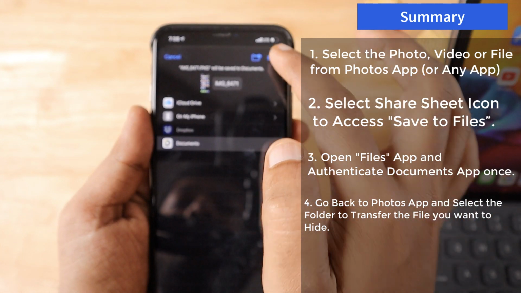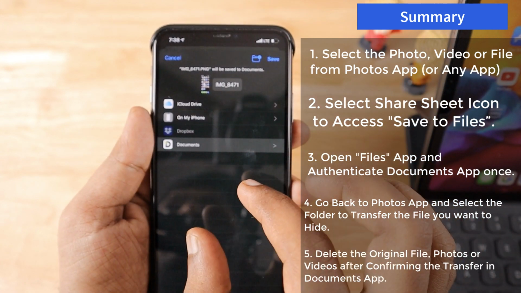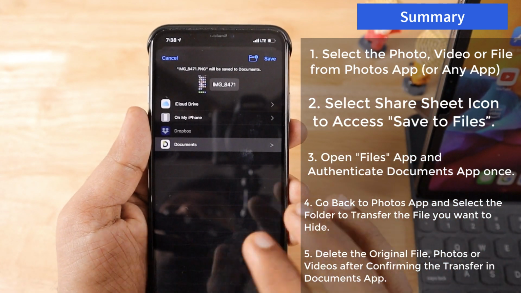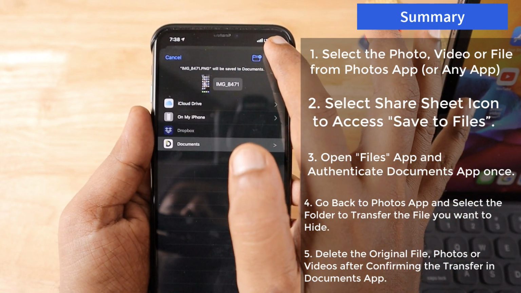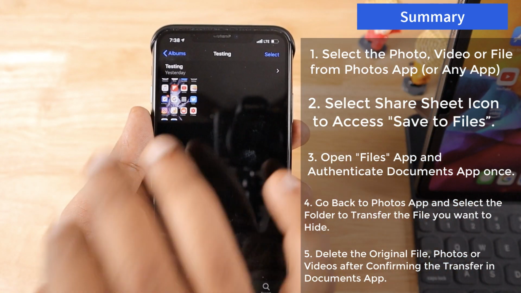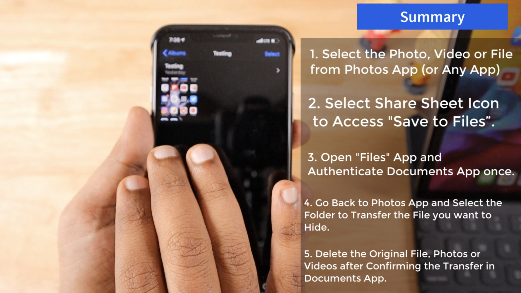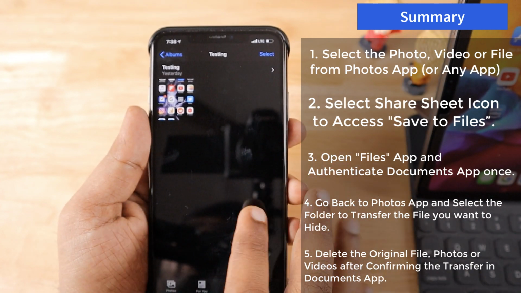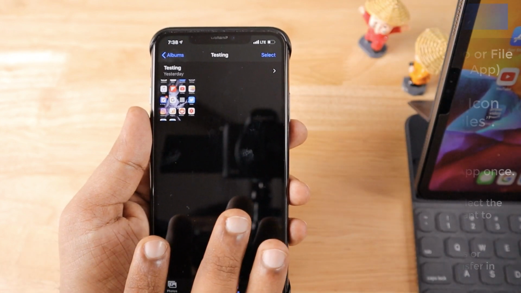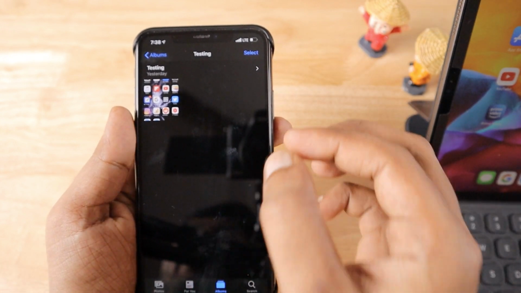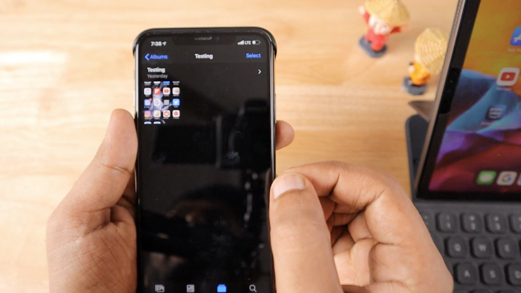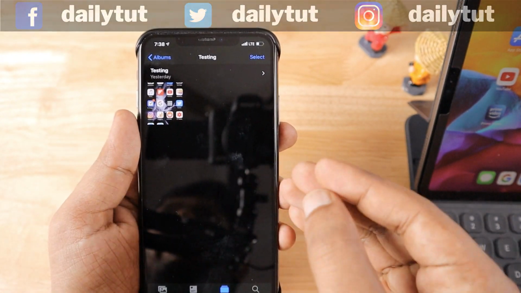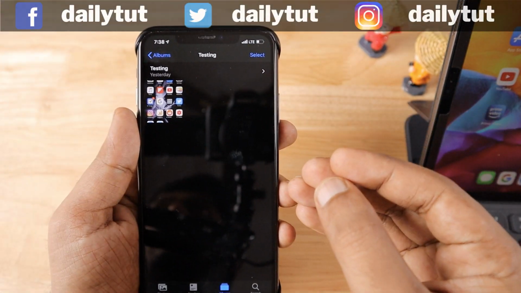Otherwise, if you click on save, it will be stored directly in your Documents app. That is totally your choice. If you want to delete it faster, you can do that by this method, and that's all. You can delete this photo or video from your Photos app. So overall, it takes around 4 to 5 steps, I believe, once you have successfully set up the passcode for the Documents app. If you think I'm going a little bit fast, you can use the playback speed control in this video and see the process step by step at a slower speed if you want to.